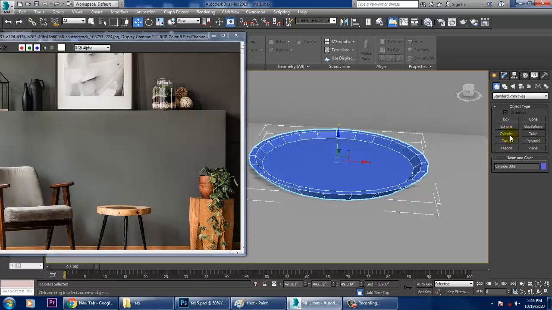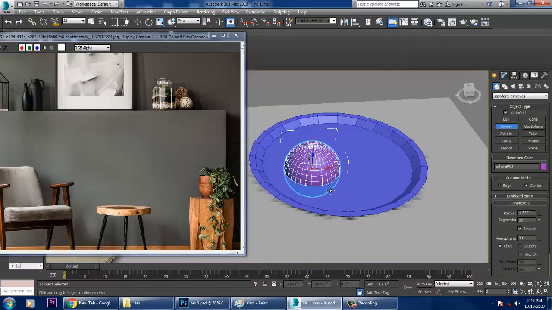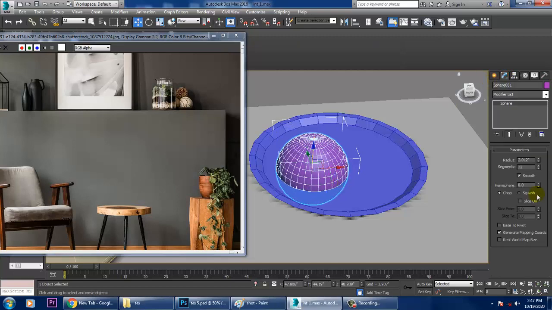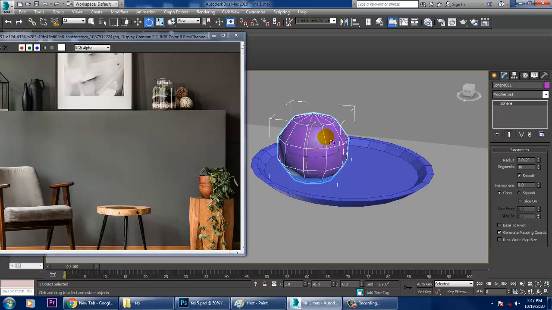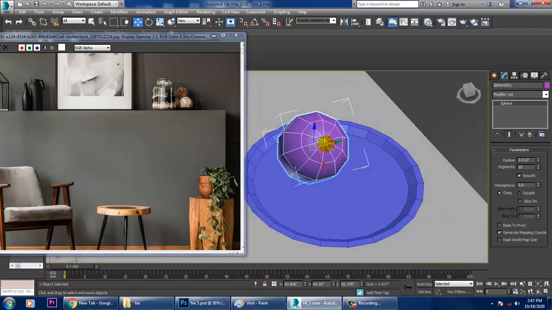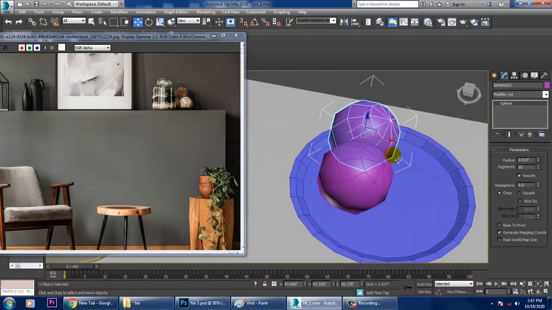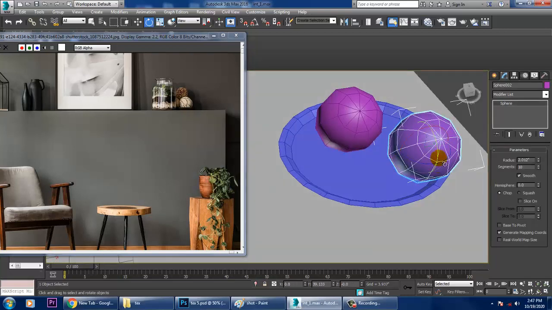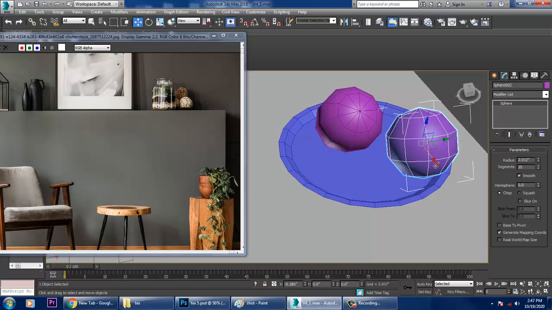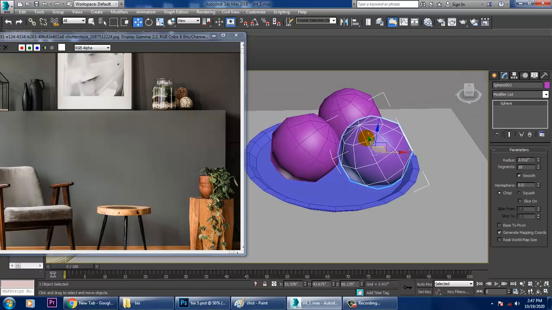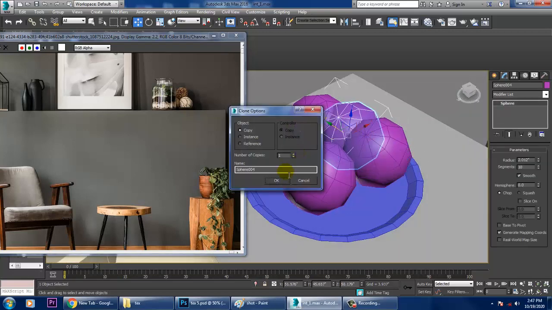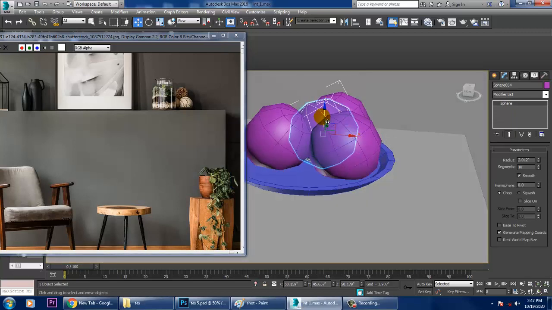So we can again take a sphere over here with reduce count over here. So definitely that would be a part of your texture over here, what we'll be creating. So let's just place it in this way. Duplicate it. And take one more duplicate over here and just place it up in this way. Alright.